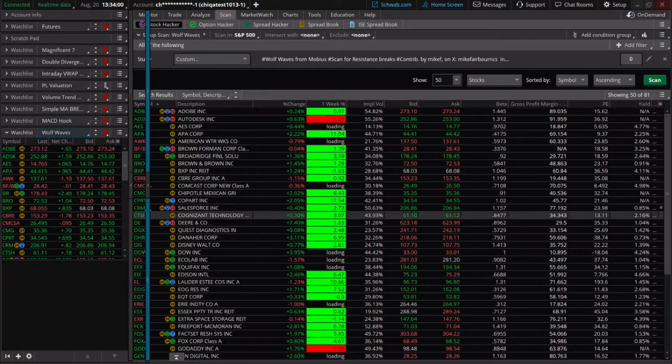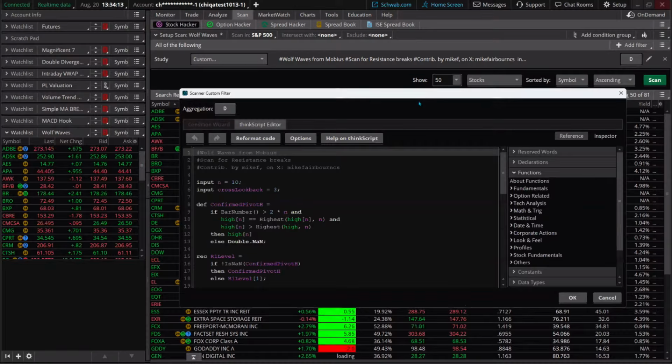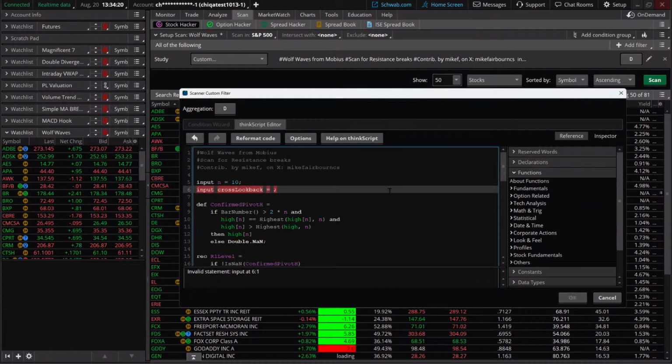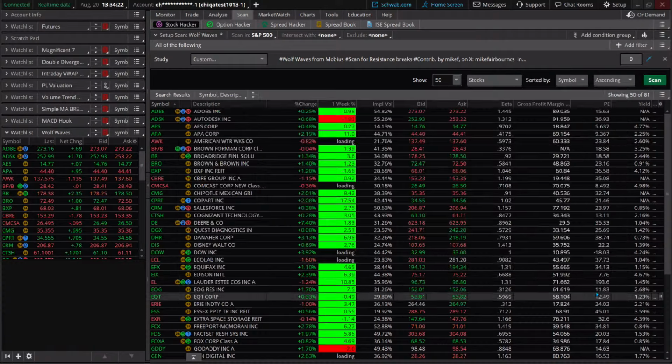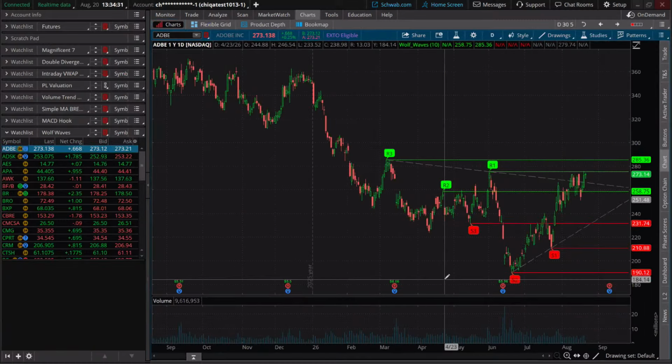Now, if I wanted to, I can change this and it will update this too. Watch. If I come over here, we're getting about 81 out of the S&P 500 because there have been some breakouts recently. I mean, look at the S&P 500. There was a breakout there. I'm going to knock it down to 2. Well, actually, forget it. We can look at a few, and then I'll drop it all the way down to 1 after that. But as I go through, I want to go intraday to show you a few things as well.